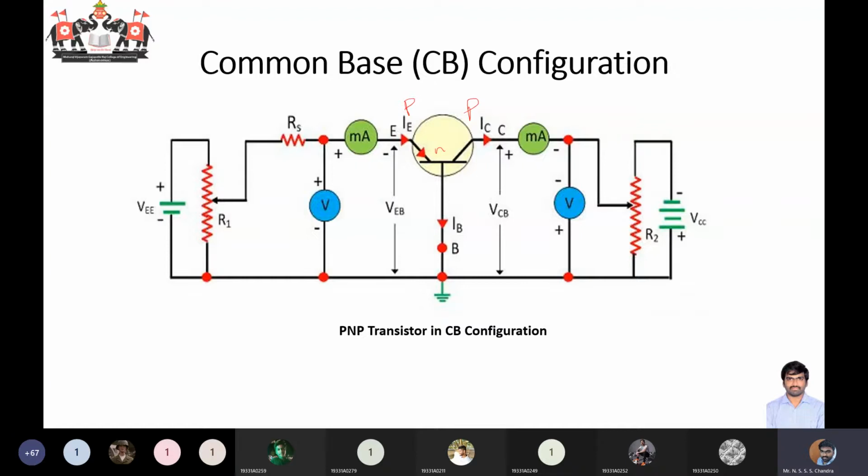Okay, so when I want to draw the graph, I need to have some changes in the voltages, right? Because I'm drawing the graph between voltage versus current, whether it is input characteristics or output characteristics. So I need to change the voltages. To do that, I'm going to use an RPS. In the actual lab system, I'll be using a regulated power supply, from which I'm going to change the DC voltage supply.